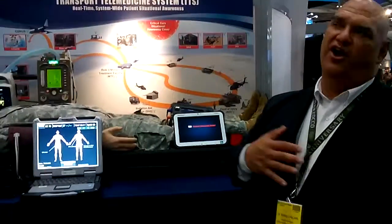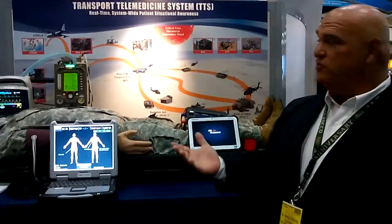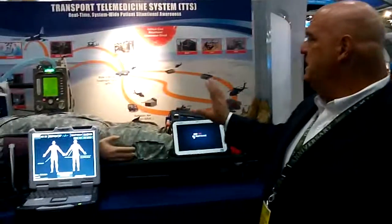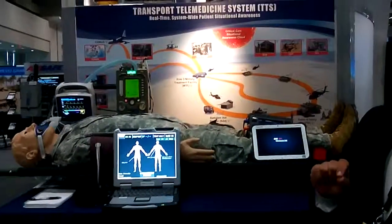From a selfish perspective, we believe we're making a dramatically significant change, but I think the truth is we really are. If you look at the battle space right now, the amount of real-time data about a patient is almost completely